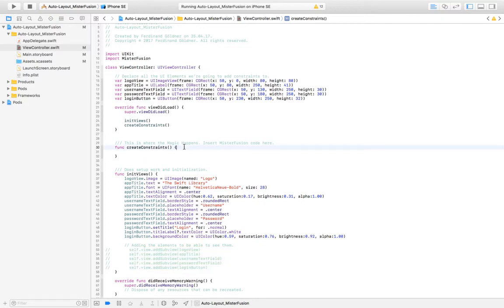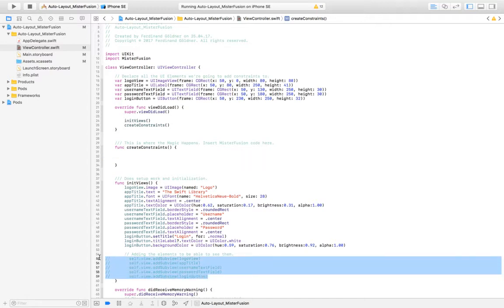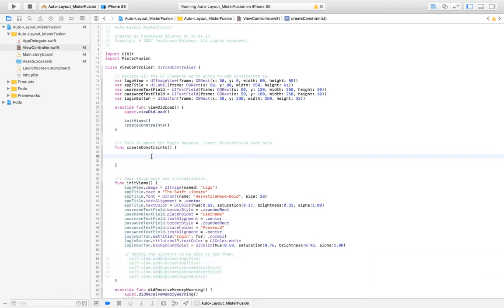I'm doing this because MisterFusion actually has the option of adding subviews to a parent view while applying constraints to it. And this is really important to note at this point because that's why I've removed all of those add subviews. Sorry. So let's start. First off, we're going to say